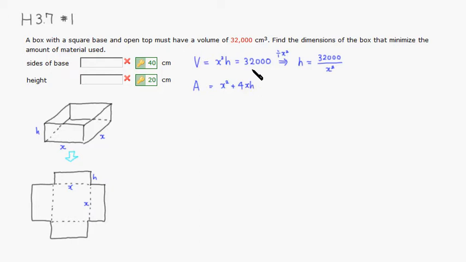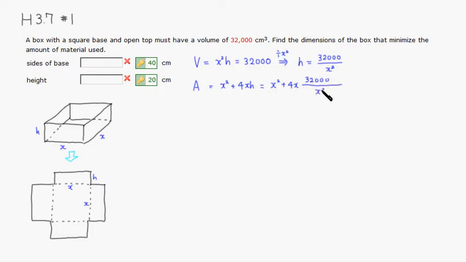Each one has an area of x times h. We want to minimize this, but before that we can plug this in. So you have x squared plus 4x, then h is this right here, 32,000